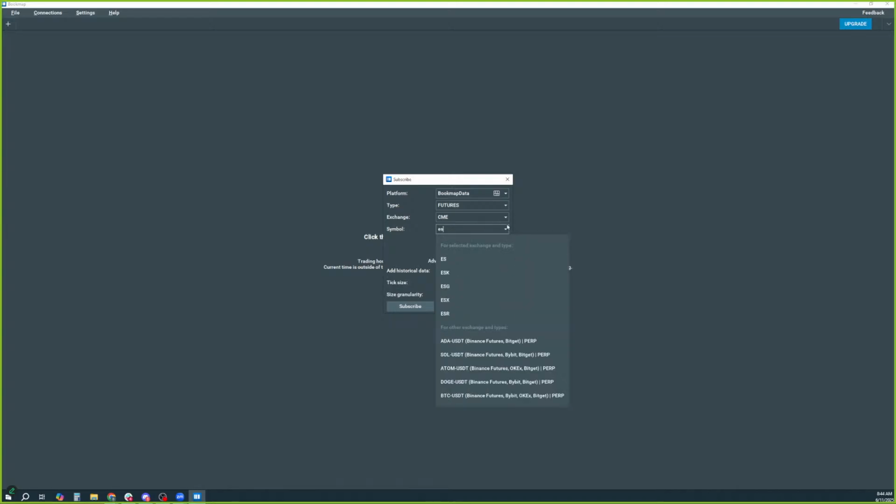So we're gonna look at the S&P E-mini, so ESM5. Now I'll show you the guide on how to find these as well, but you should see it pop up here underneath, and you can select it from the drop down. Okay,